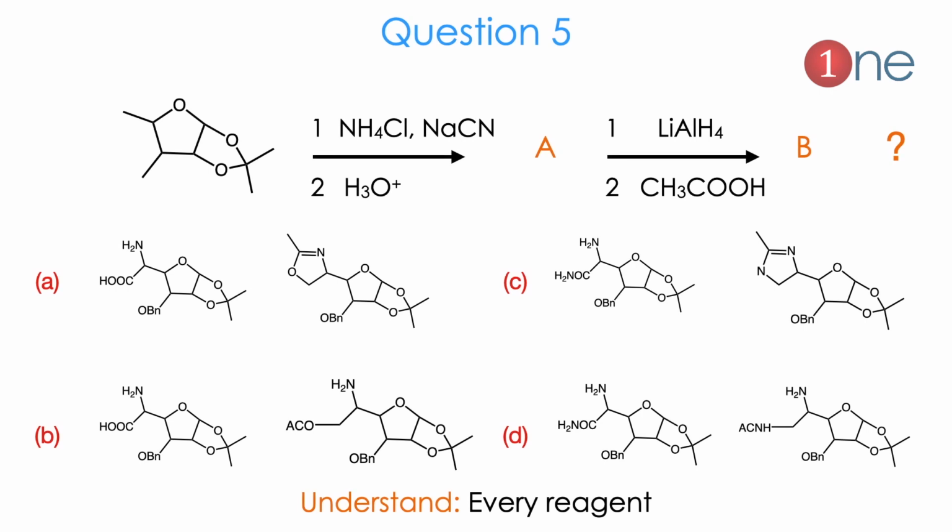Then the fifth example, which is the bicyclic product. Both are 5-member rings, one with 1 oxygen and one with 2 oxygens. Here they are asking what the conversion products A and B are. Here you have to know the reagents first, then only can you identify the product. Here it seems like biosynthesis. Let us see what all the products are.